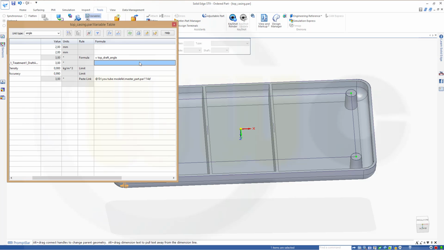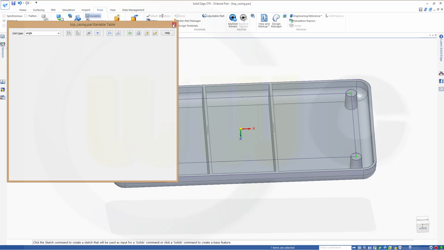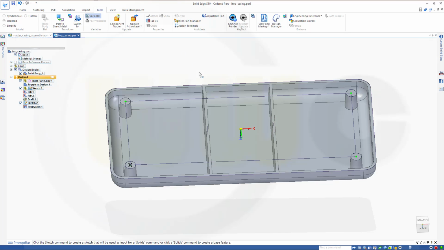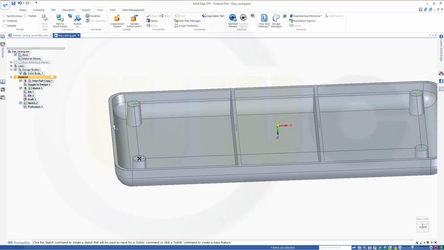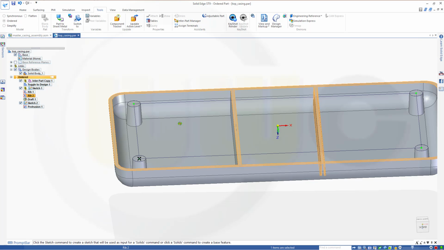This would be the top draft angle as well. Close. Now I need the lip right here, and